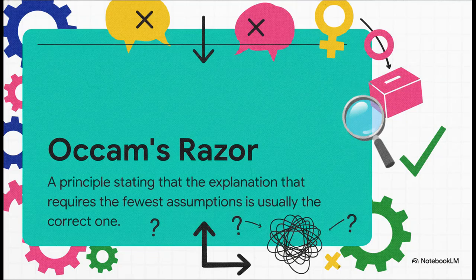Now, to back up this theory of intent, the segment brings up a pretty famous idea, Occam's razor. You've probably heard of it. It's the principle that the simplest explanation is usually the right one, and this becomes the main tool used here to cut through all the noise and get to what the segment argues is the real motive.